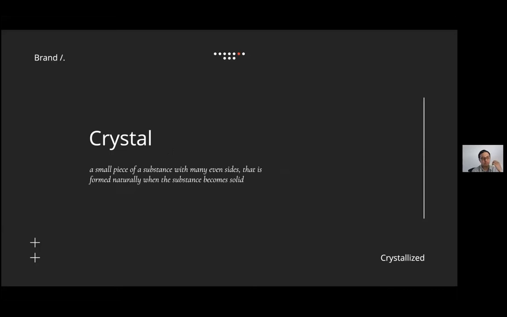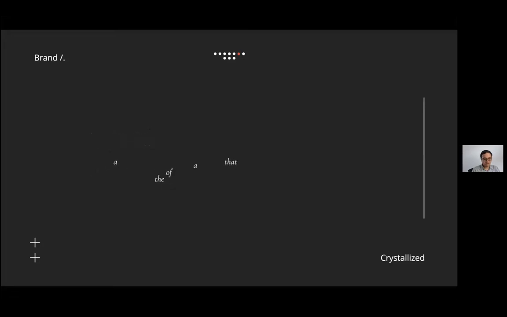A crystal is a small piece of substance with many even sides that is formed naturally when a substance becomes solid. You can Google it. This is only the basic description of what a crystal is. You can start from that also.